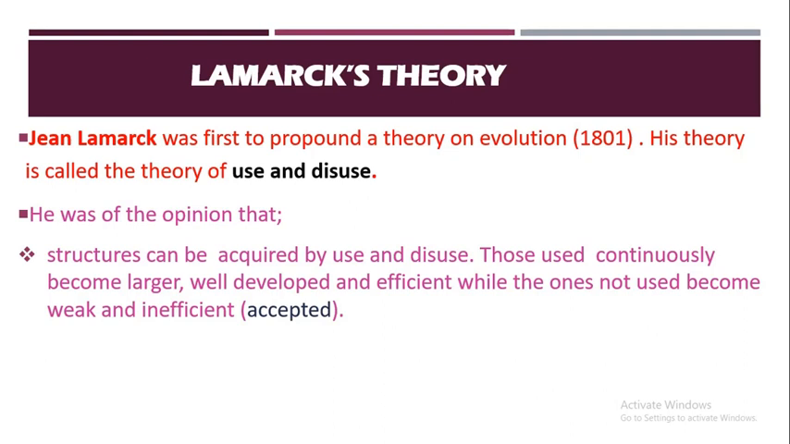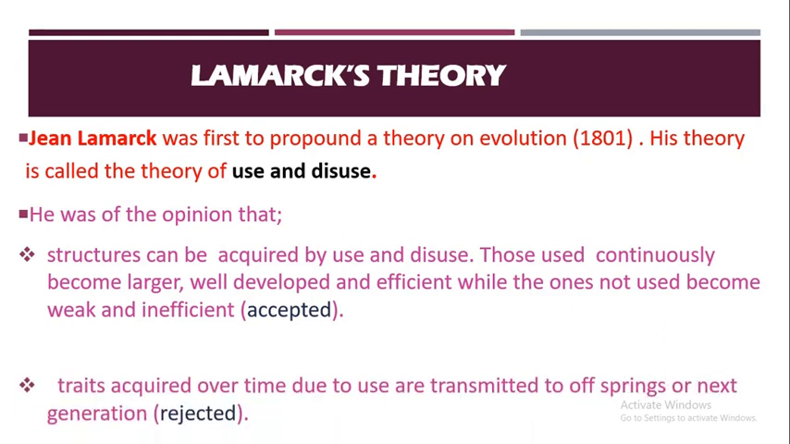He was of the opinion that structures can be acquired by use and disuse. Those structures that are used continuously become larger, well developed, and efficient in carrying out their functions, while the ones that are not used, the disused ones, become weak and inefficient in carrying out their function. This aspect of his theory was actually accepted because it is true. When an organism has a particular structure and is using that structure continuously, that structure will develop well and become better in carrying out the function that it's meant for. But when a particular part of the body is not used, it becomes weak and inefficient in carrying out the function. So kudos to that part of the